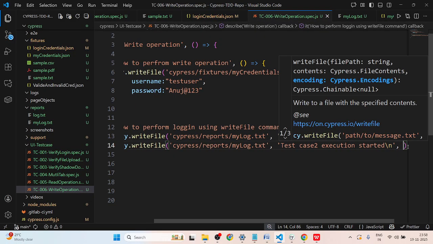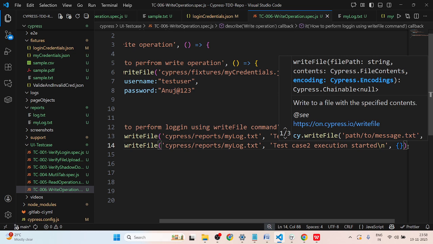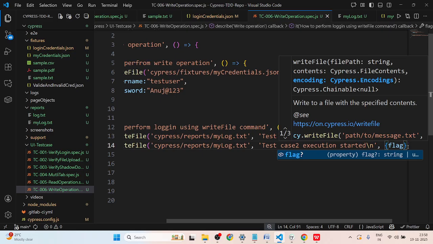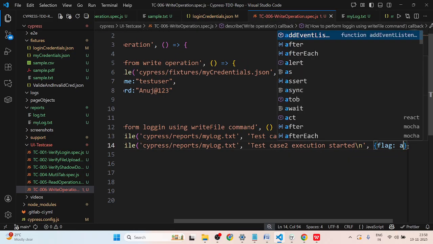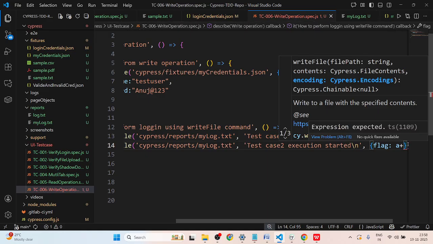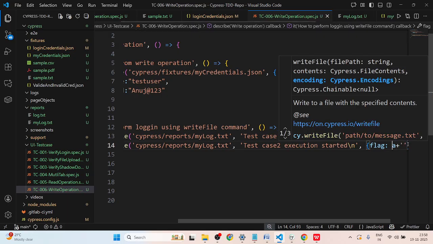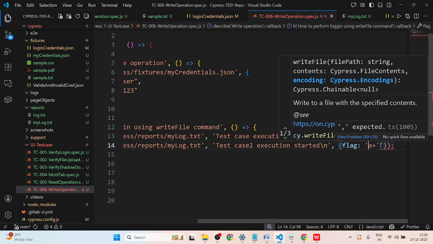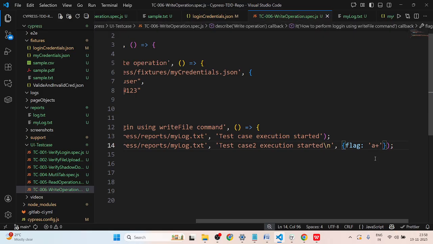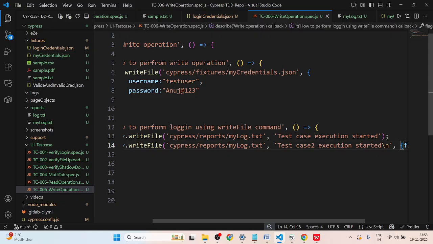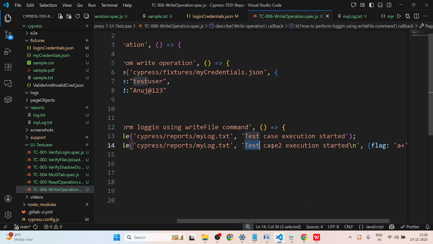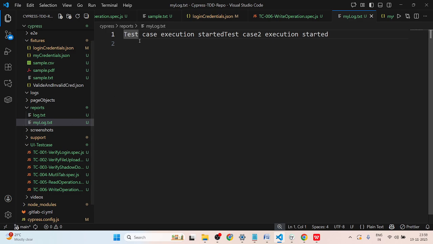so that is, we have to give one flag, that is flag a+. This is what you have to pass, so that whenever your test case gets executed, it will append the text to the next line. Okay, so if I execute, you see the test case execution started and test case 2 execution started, so it appended on the next line. Okay,